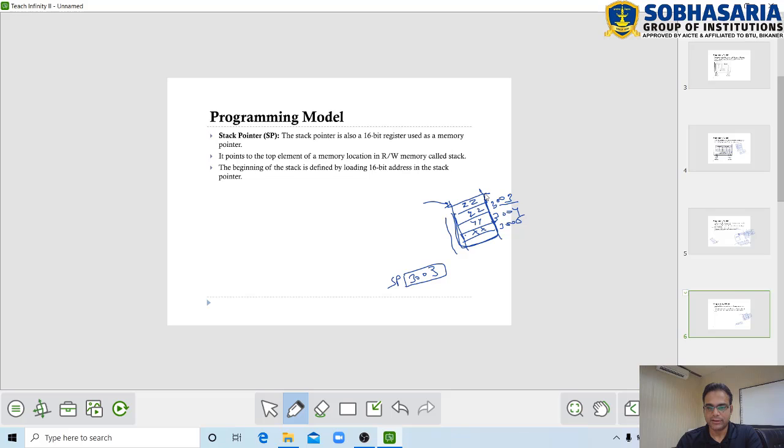in this stack, it goes to 3002. So now the stack pointer will have 3002 as an address. What the stack pointer keeps track of is the address of the top element of the stack. Suppose we delete these elements, then this will be the top element. In that case, the stack pointer will have 3004 as the address of the top element. So it helps to maintain and manage the stack. This is called the stack pointer.